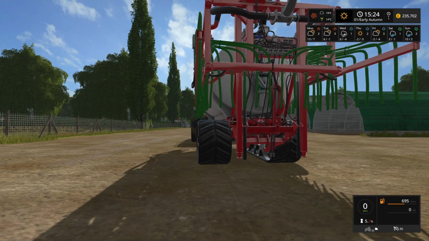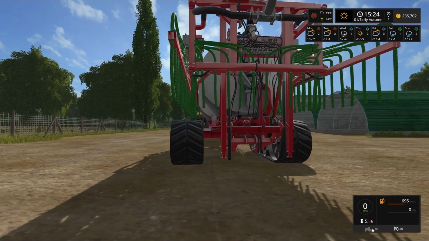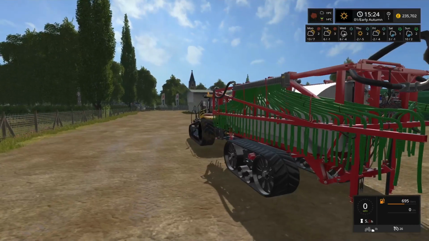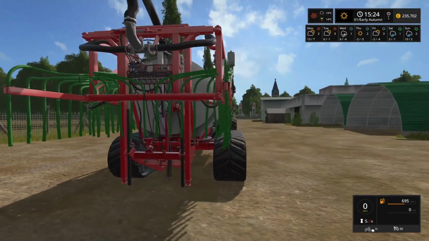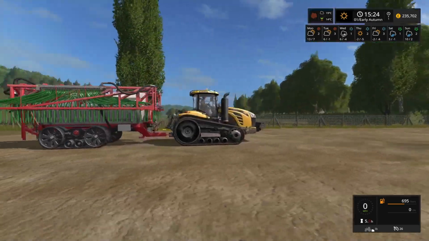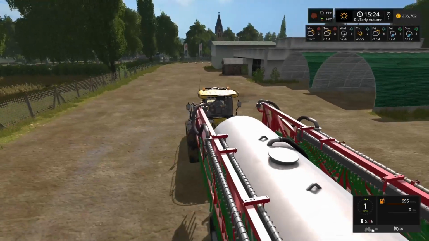When you get onto the field, you can widen the tracks, reduces compaction, makes it more stable, all that kind of malarkey. But for the time being, since we're driving down the streets, I'm going to bring it in a bit. Mind you, that doesn't make a lot of difference to this, does it? That's still quite wide, but anyway, never mind. So we are off